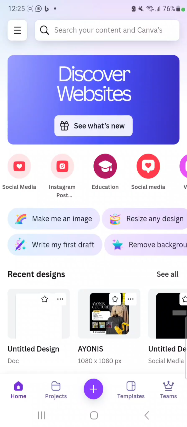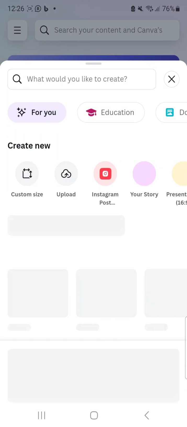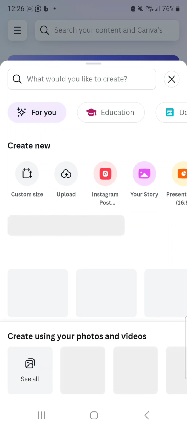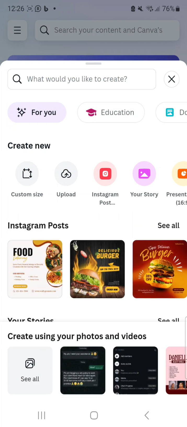Now when you log into your Canva app, you are going to see this. The first thing you will do is click on your plus sign. When you click on your plus sign, you see this. Now click on custom size,